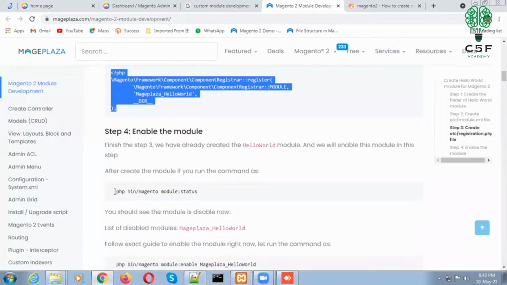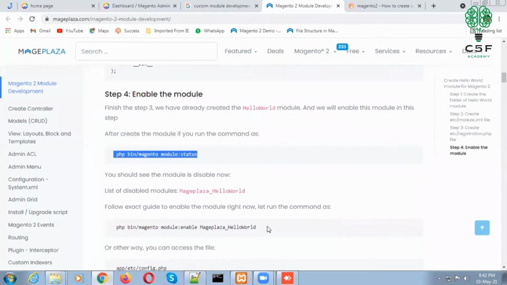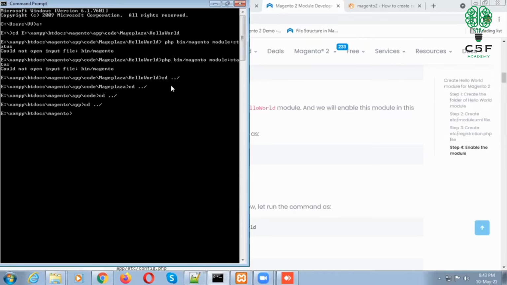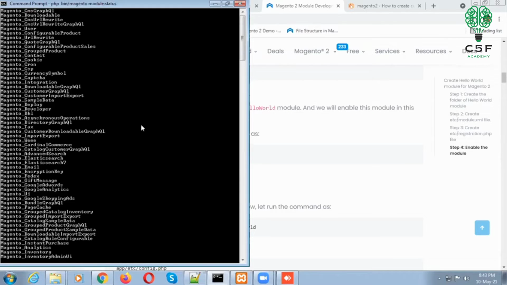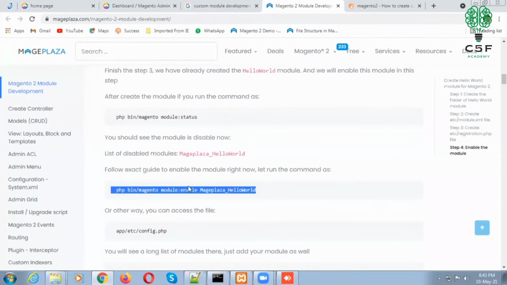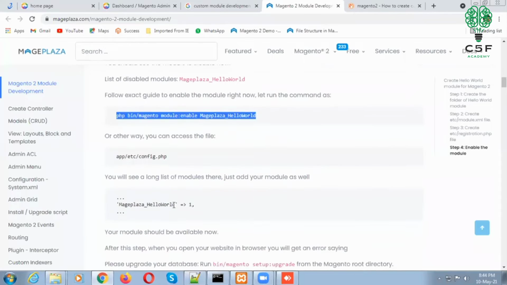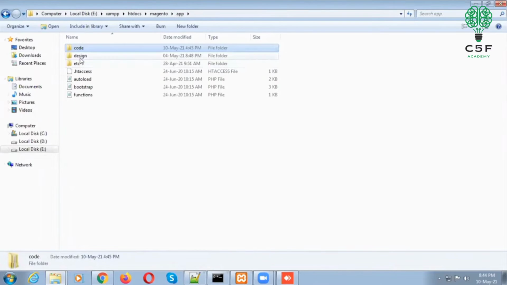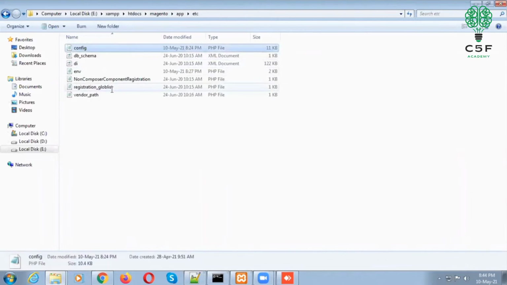So this is the command. Open the command prompt, go to the Magento root folder, paste the command and press enter to know the status of our module. See, we have just created the module. We haven't enabled it. So in the list of disabled modules, there is our newly created Mage Plaza underscore Hello World module. We can either run the setup upgrade command to enable our module, or we can also use this command to enable. The status of the modules can also be seen here in the config file inside the app etc